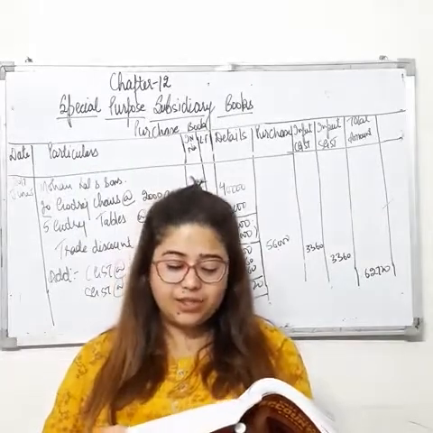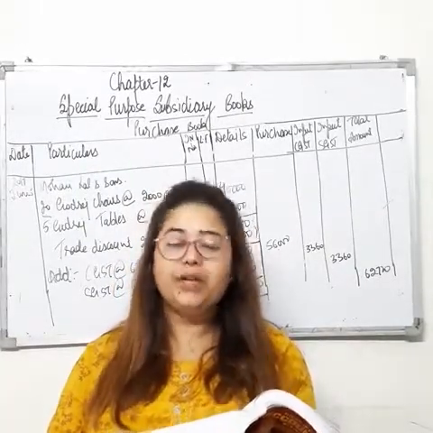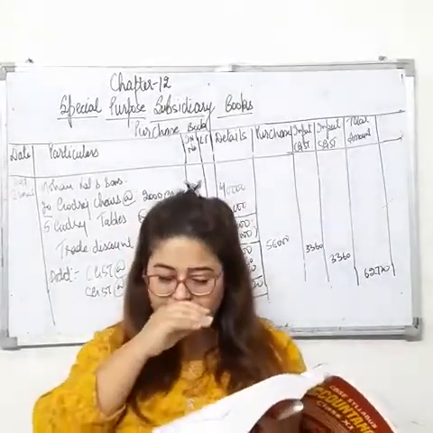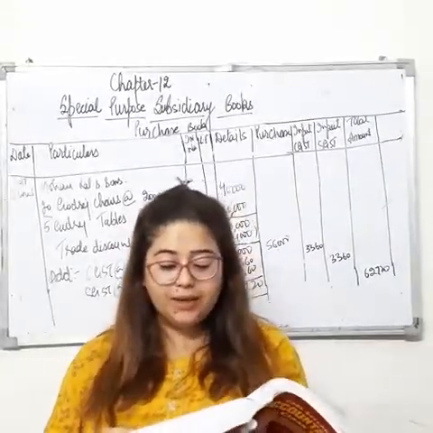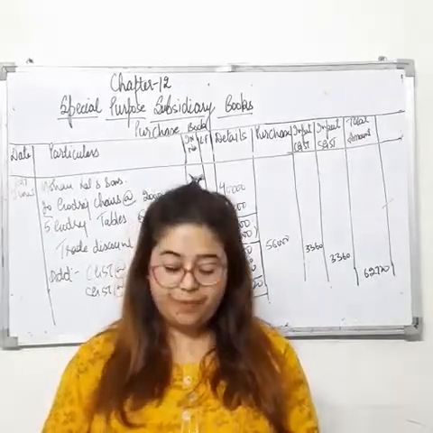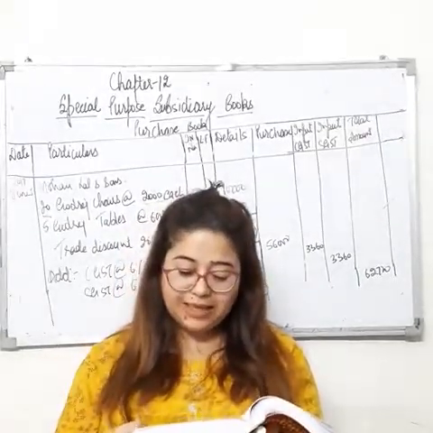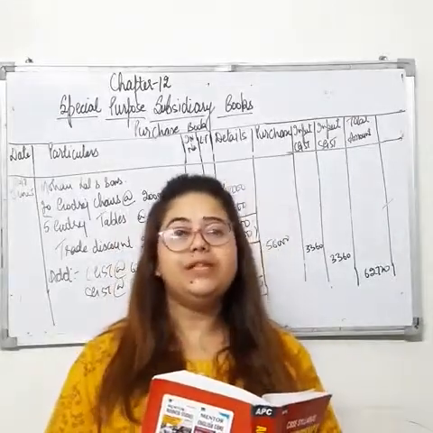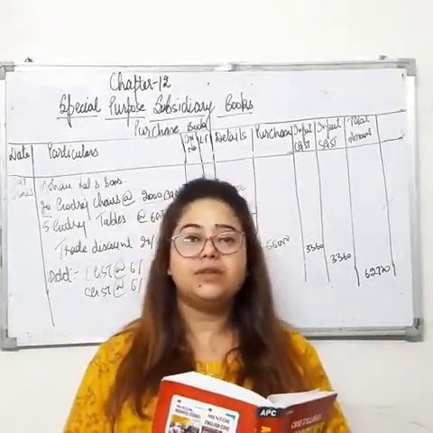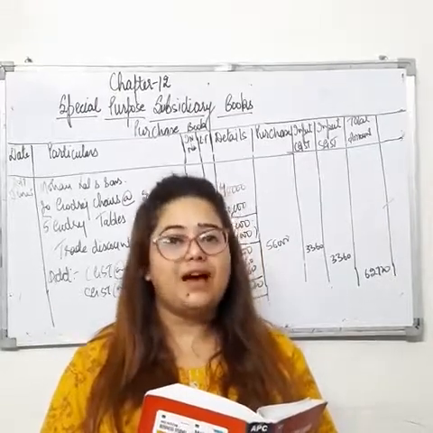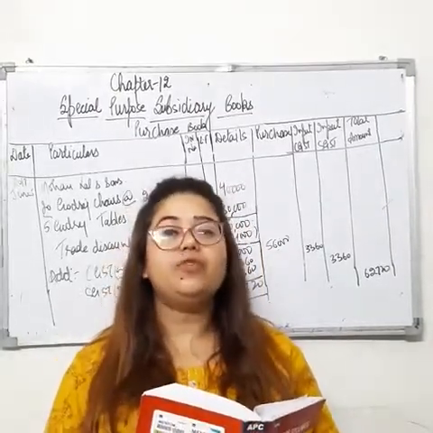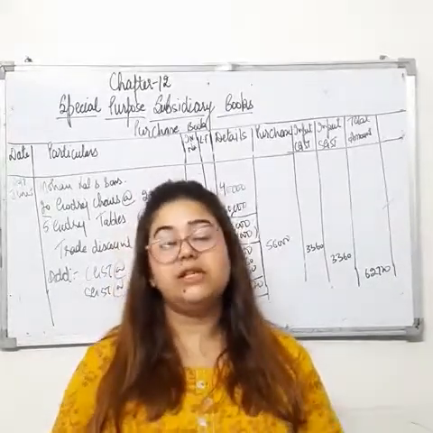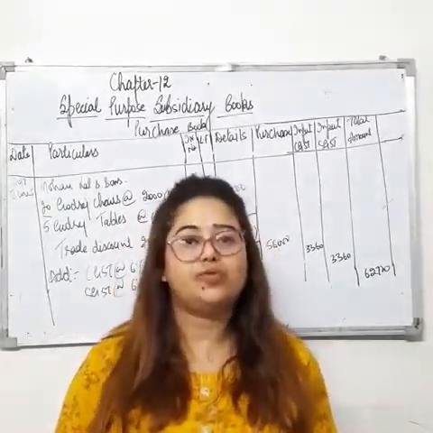See, the transactions on 20th June and 25th June will not be considered under the purchase book. Why? Because on 20th, purchased for cash from Gopi Chand, Haldiram, Delhi, 5 tables. The person is purchasing tables, meaning the person is involved in the furniture business, but the transaction is for cash. But in subsidiary books, we have to include only credit transactions. So we will not include this transaction. This transaction will be included under the cash book.